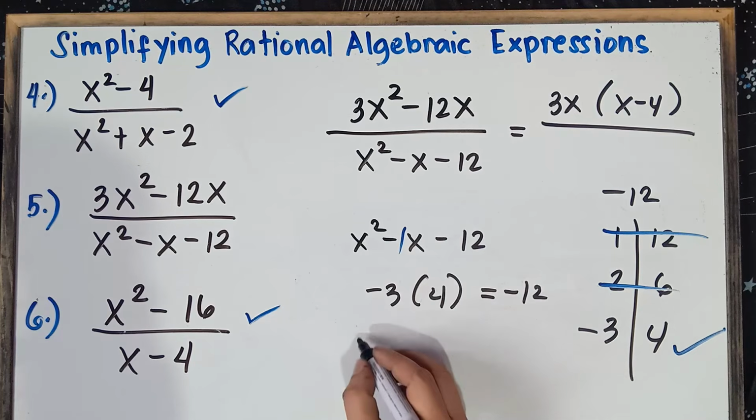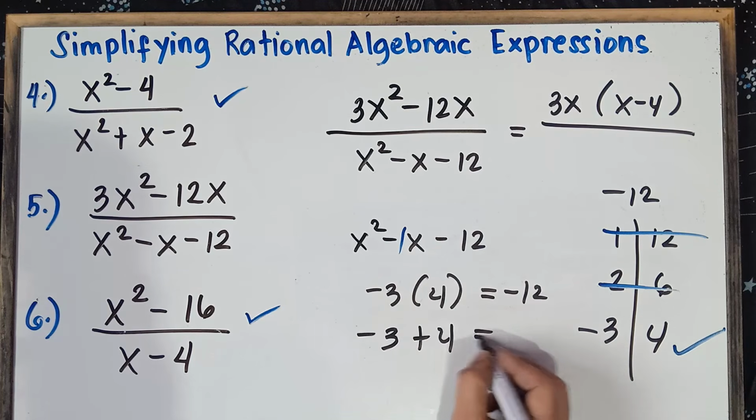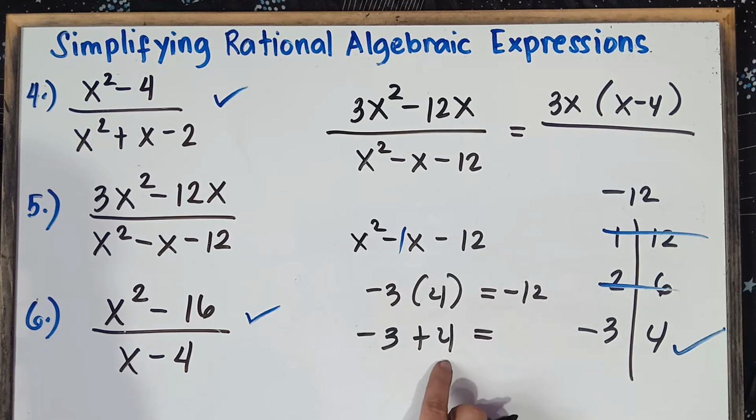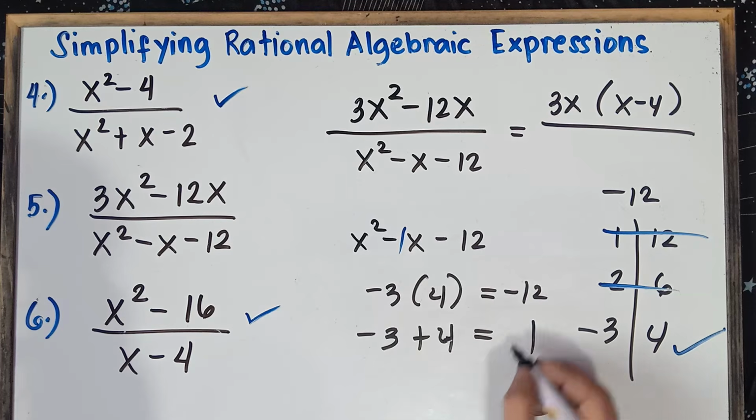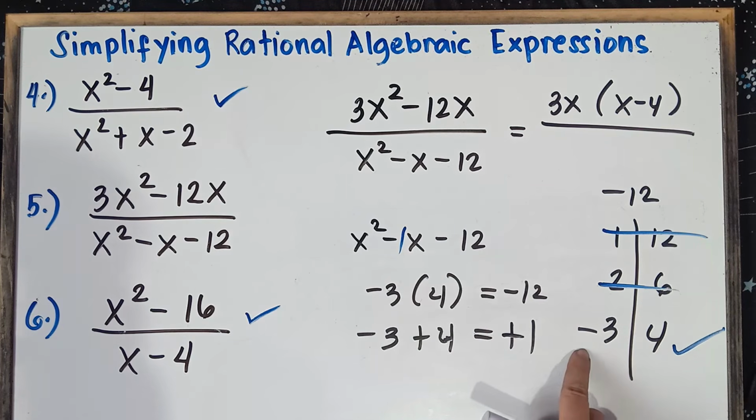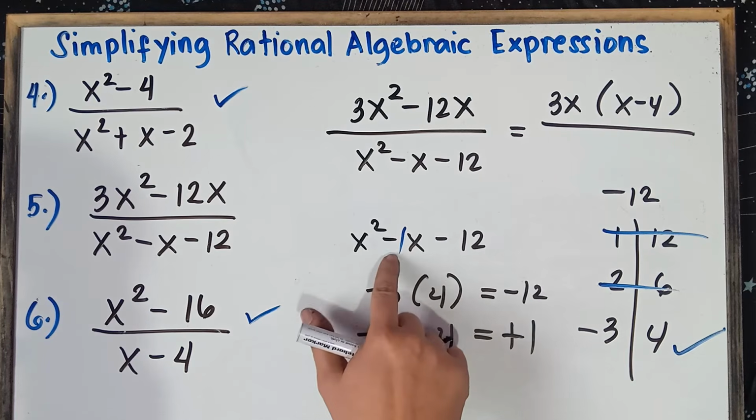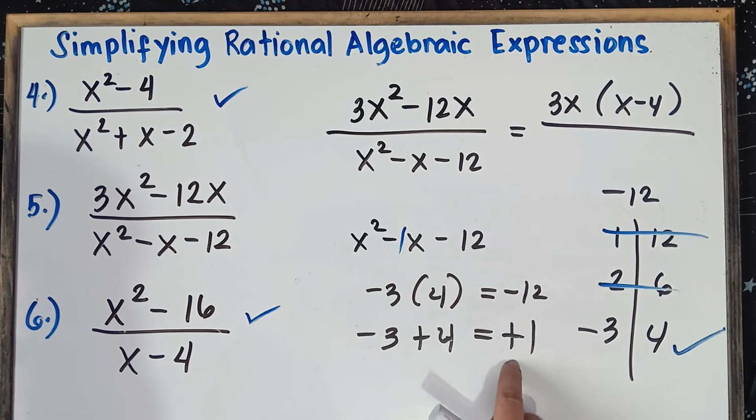Now if we combine negative 3 with positive 4, negative, positive, unlike signs, subtract: 4 minus 3 is 1. Now 4 is greater than 3, so we copy the sign of 4. That would be positive 1. Nope, we cannot have that answer. We cannot have negative 3 and positive 4, because we need negative 1, and our answer is positive 1.